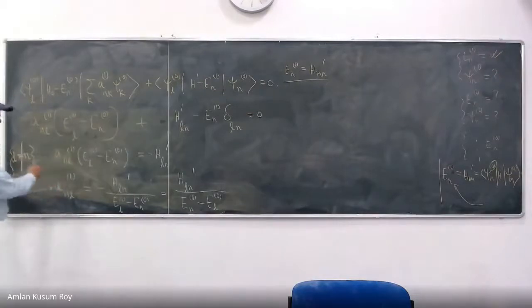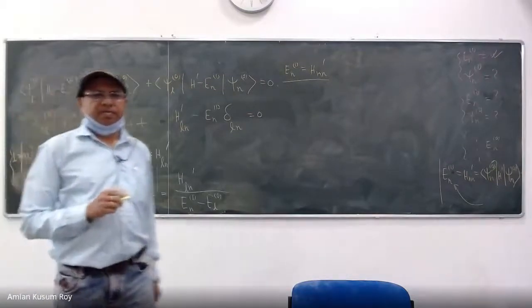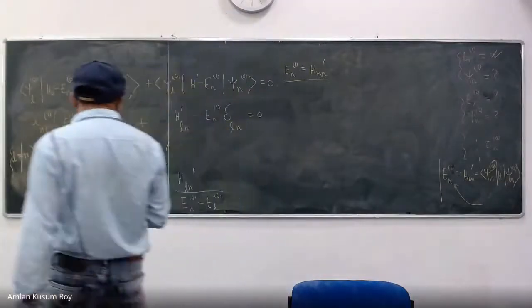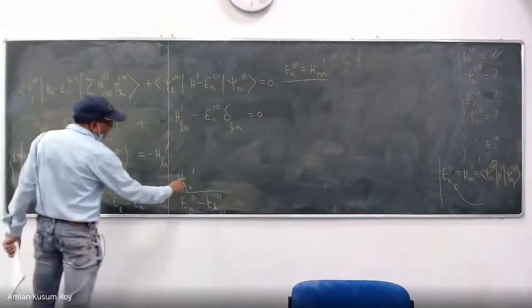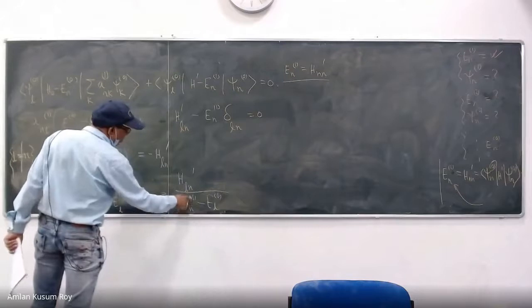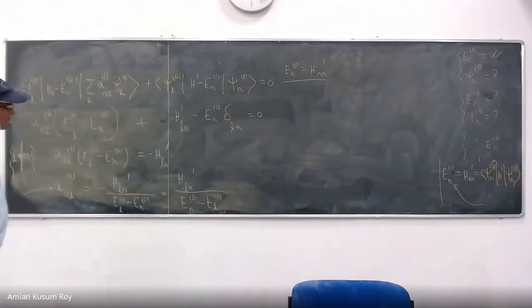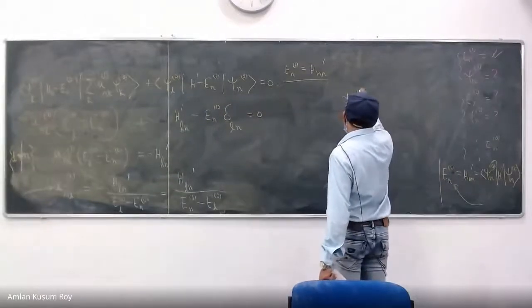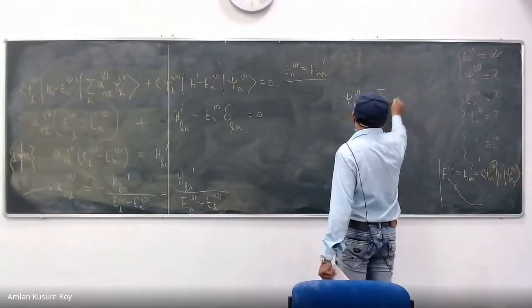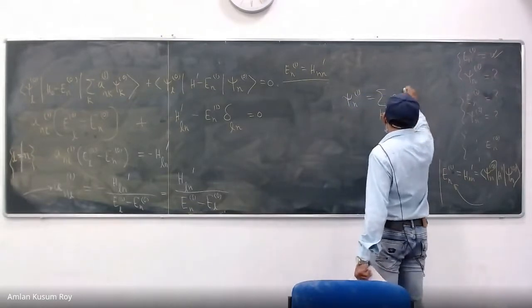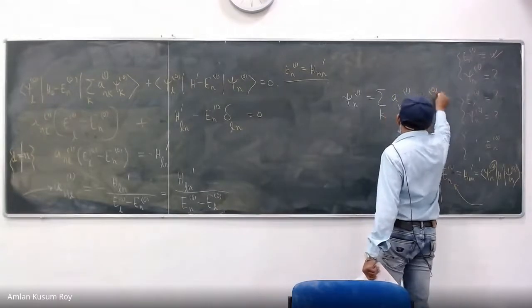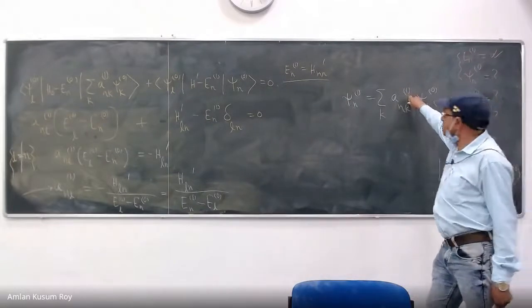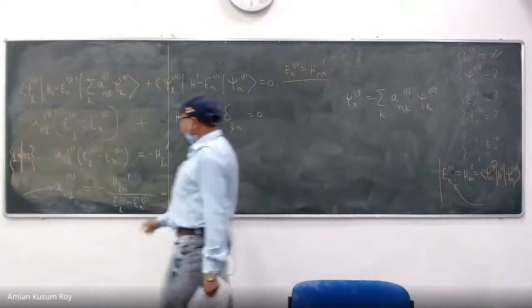This is the vital information for your first order correction, isn't it? If you have a manageable expression for A_nl^(1), A_nl^(1) is H'_ln over (E_n^0 minus E_l^0). That is good enough for my first order wave function, because psi_n^(1) is the sum over k of A_nk^(1) psi_k^0. What else do I need? psi_n^(1) is already with me, right? So I can just write this, and this expression is friendly.